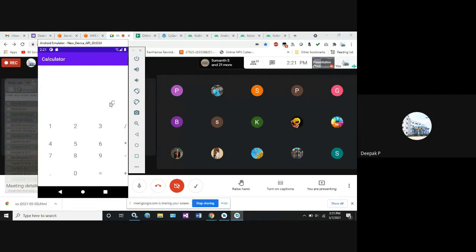Next, I have added one more button called C, where C stands for clear. To clear the content, let us execute one by one. When I click on the numbers 1, 2, star, 8, and click on equal, you get the result on the left-hand side here. Usually in a calculator you get the result on the right-hand side. It doesn't matter, in the code we can switch the positions of the result and the clear button.